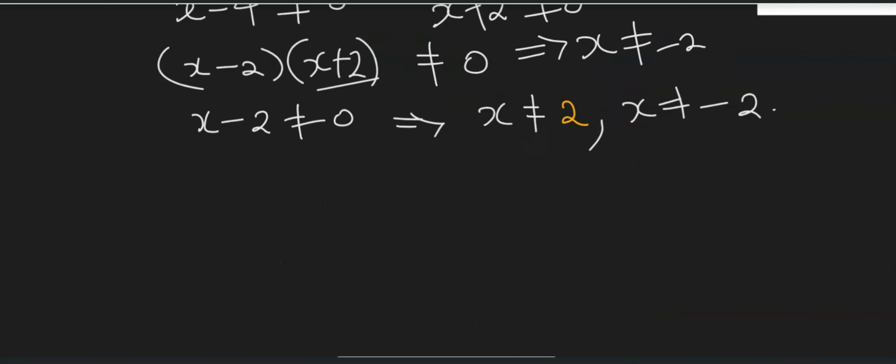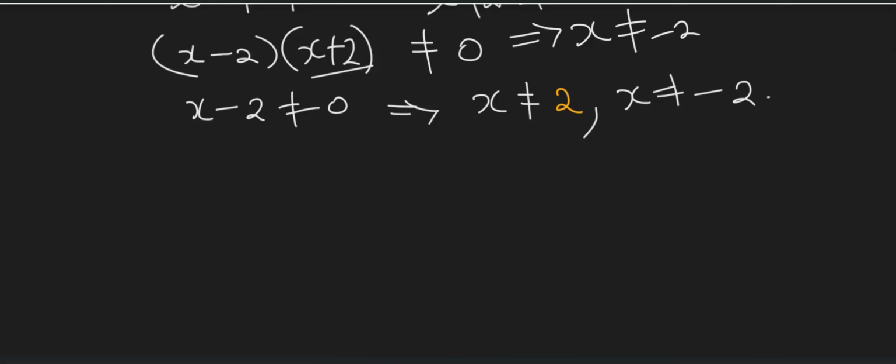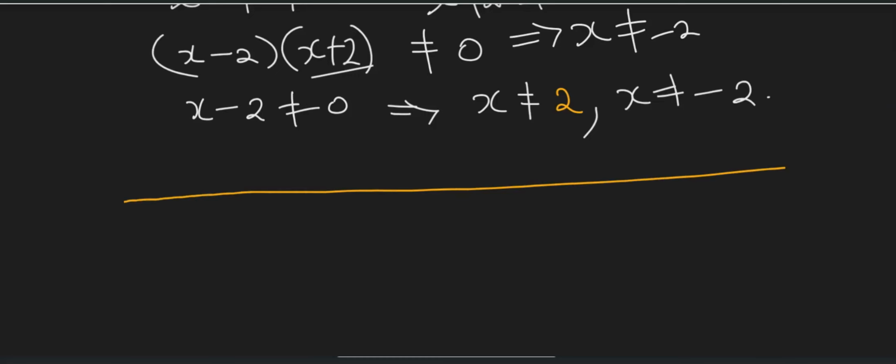So how do you represent that on a number line? Let's draw a number line. This is negative infinity, this is infinity. We have our 0 here. So we have 2 points: one here at 2, and the other at negative 2. So we are saying that